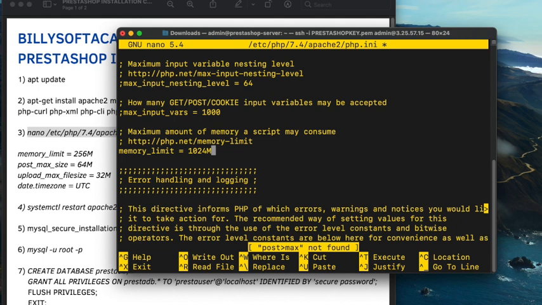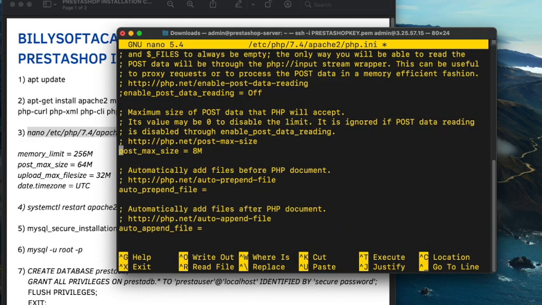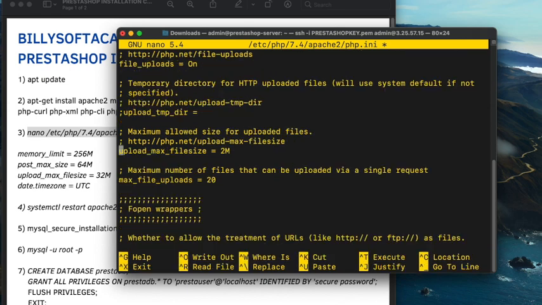Let me just type post max. I think I made a mistake there. Let me just retype that. So it should be post underscore max. And then we're just also going to set that to 1024 M as well. And then I'm going to edit the upload max file size parameter. So I'm also going to edit that and set it to